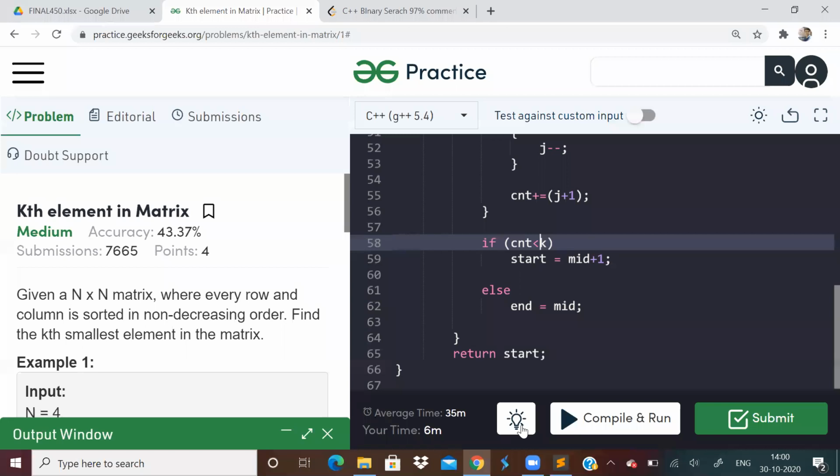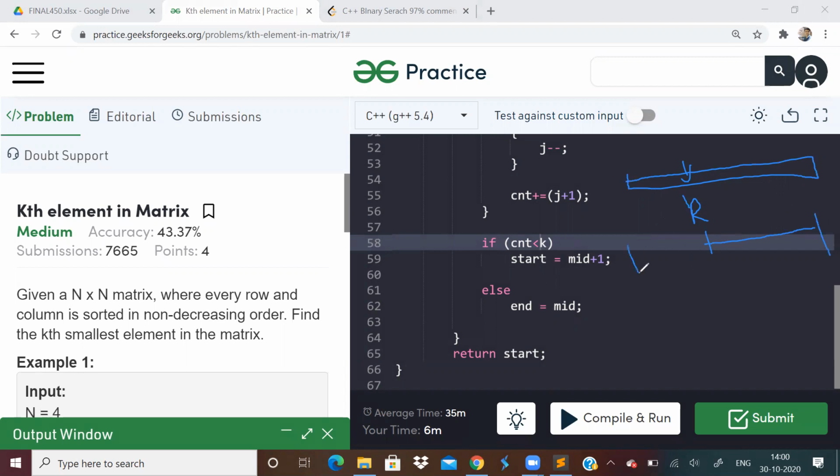If this is our search space, and somewhere k is over here, then if this condition is true, we have to search in the right side.